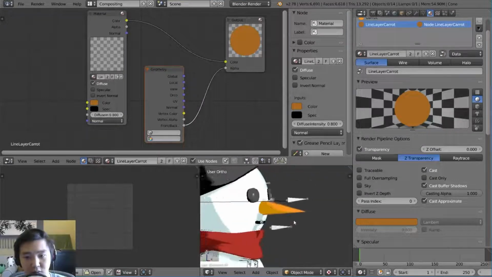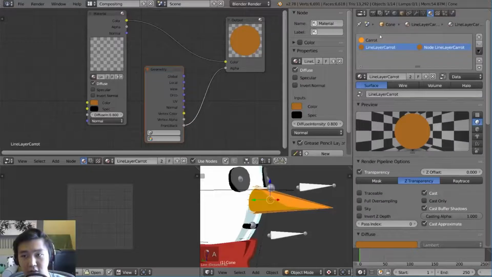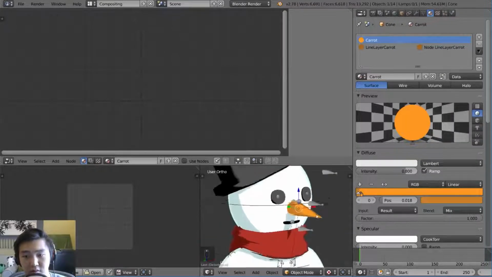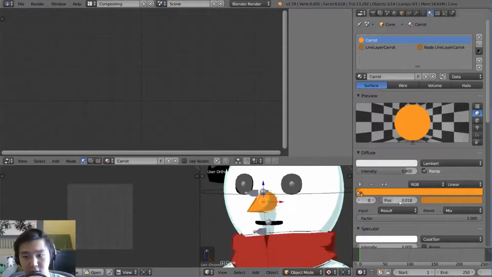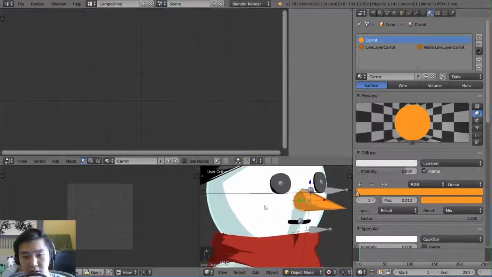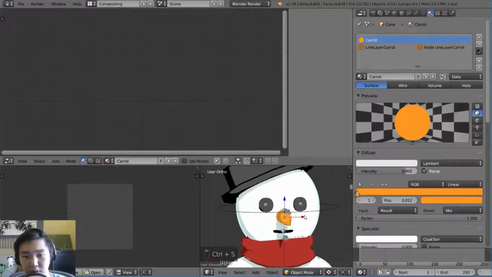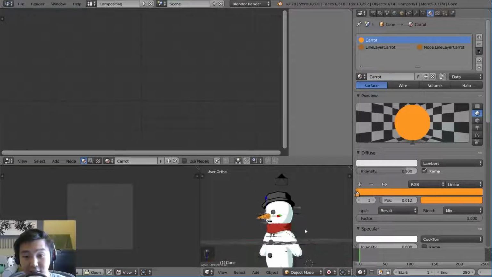That looks pretty good, although I do kind of want to change the shadow color for the carrot. It looks a little green right now, so let's go ahead and make that a little bit more orange. There we go. That's a lot better. Yeah, that's more of a dark orange color. And we can also, by the way, control the shadows. I'm going to push that back just a little bit, just give them a little bit more space for the light. Okay, that is pretty good.